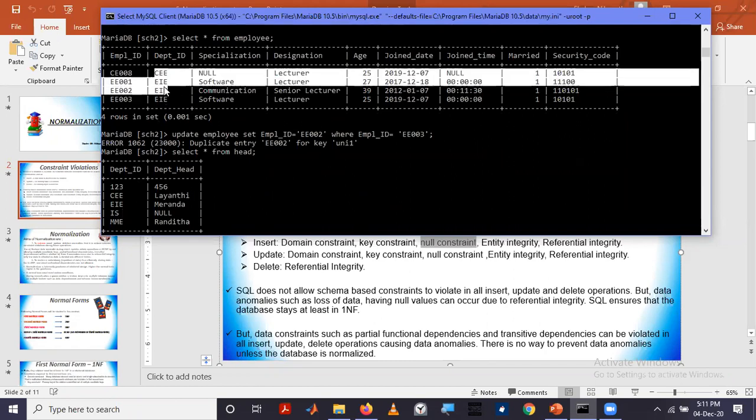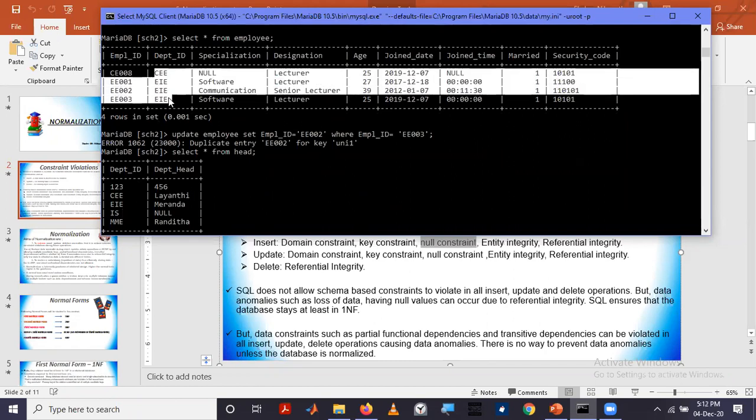None of the values in here are not there. All the values which are here are in head table's department ID. So this is the primary key of the head table. It is referenced from this one as a foreign key.